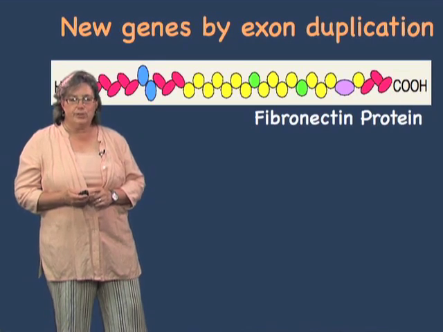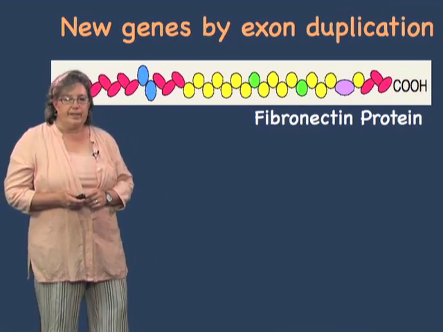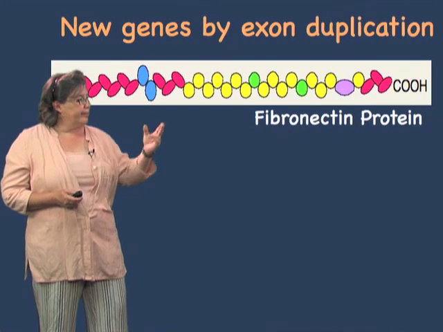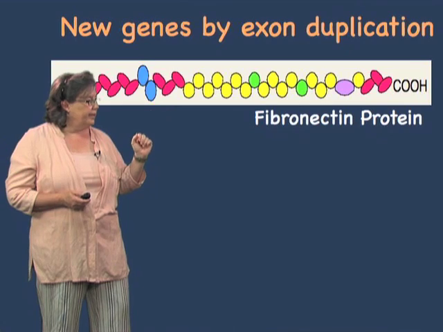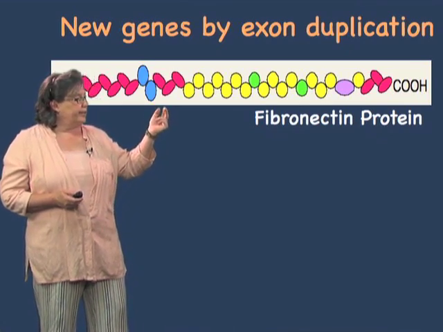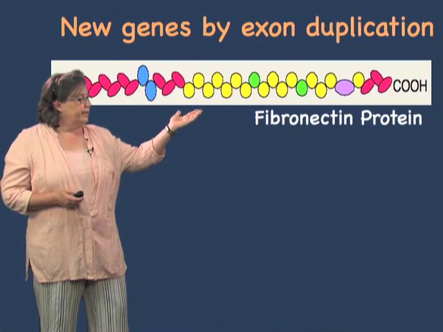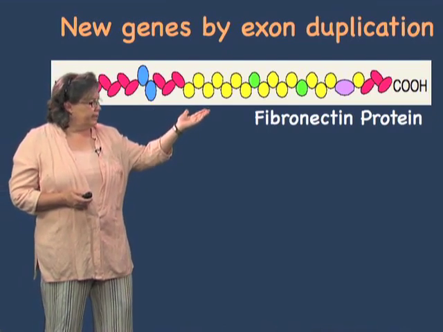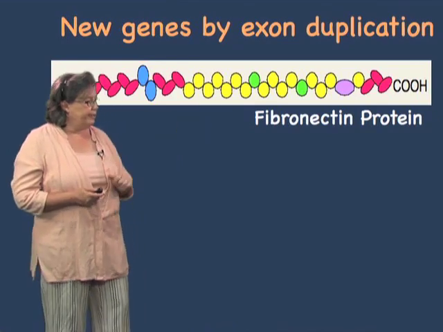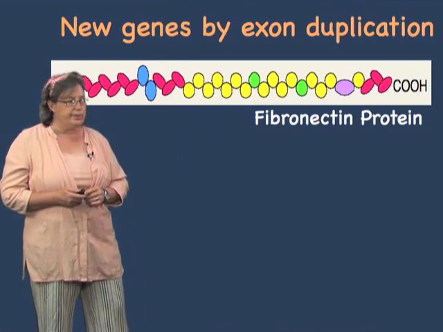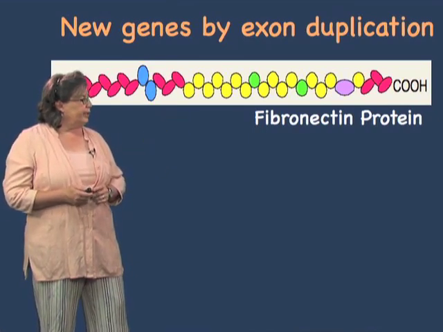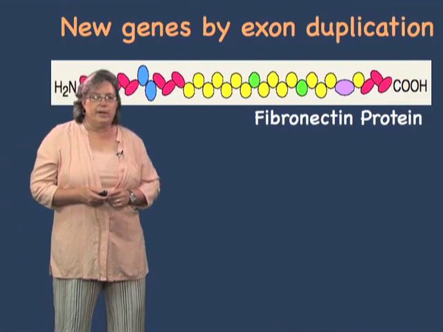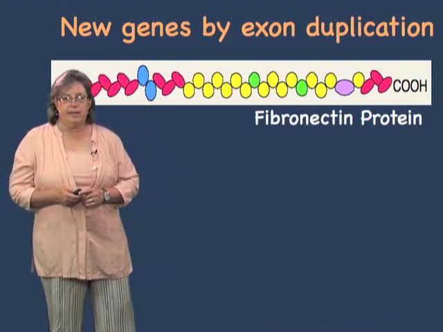And they can evolve new genes by exon duplication. So let's take, for example, the fibronectin protein. You can see here that the fibronectin protein is made up of many repeats of different domains. These domains are also found in other proteins. So for example, the yellow domain is found in cell surface receptors and other extracellular matrix proteins. The blue domain is found in blood coagulation proteins, and the red domain is also found in TPA, or tissue